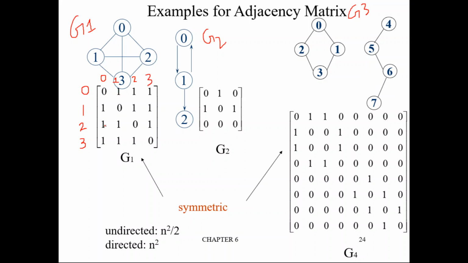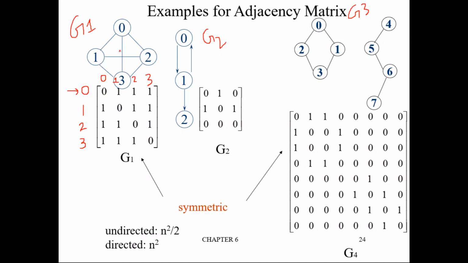Now, how did these values come? Just take vertex 0. This is vertex 0. Is it connected with vertex 0? There is no self loop. Already we have discussed that we are not going to discuss any graph with self loops or with multiple links between two nodes. So there is no connection from 0 to 0, so it is 0. There is no link from 0 to 0.